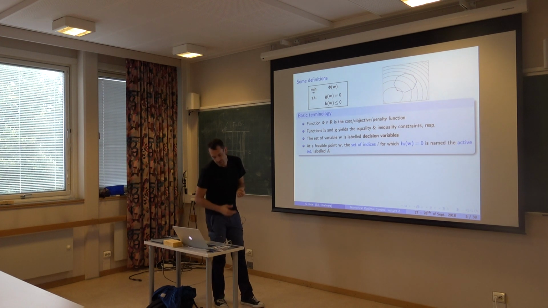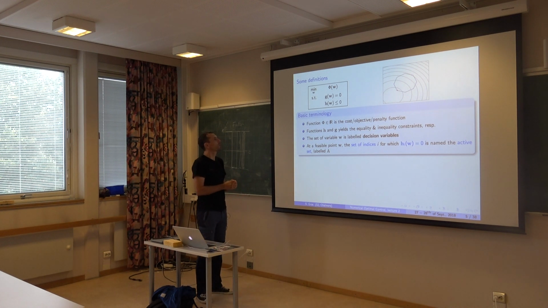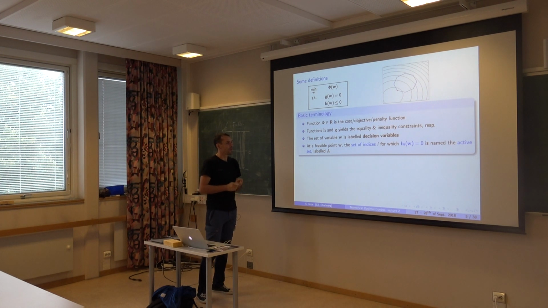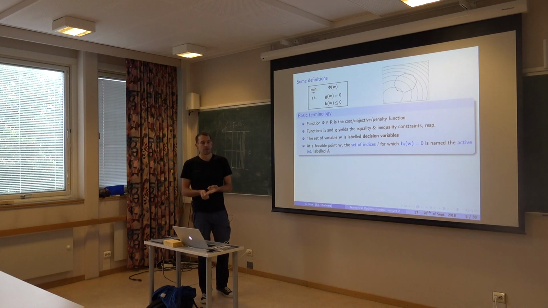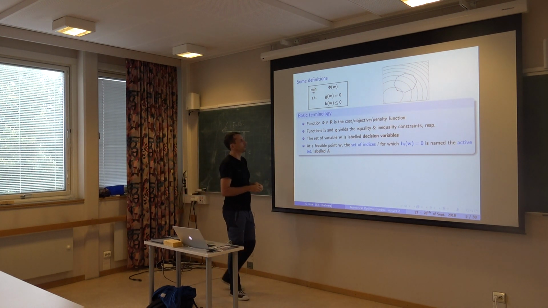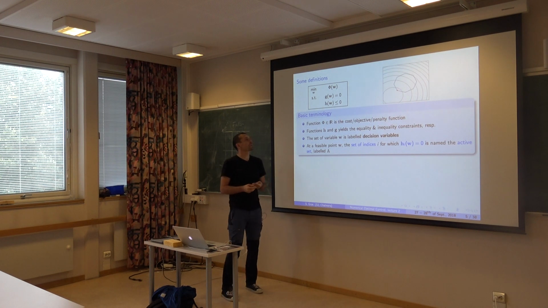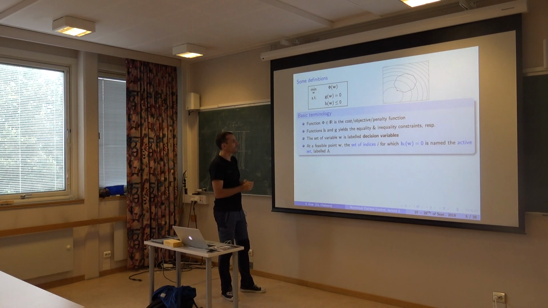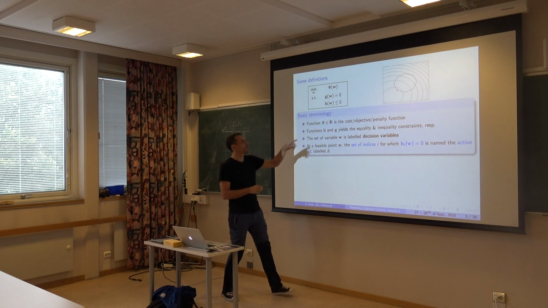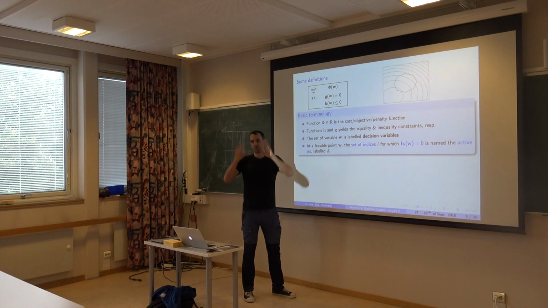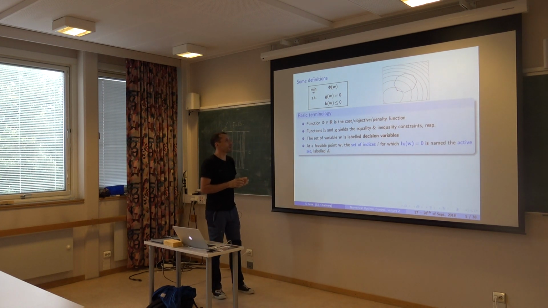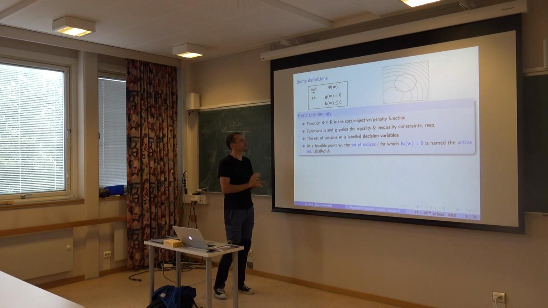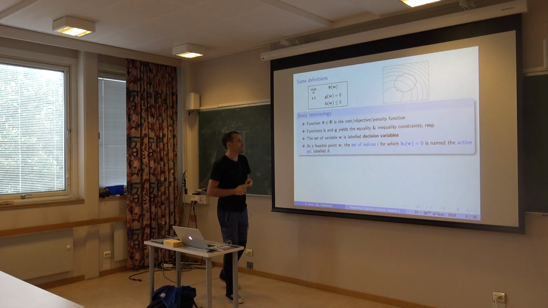We looked at this already, but that's an NLP: cost function, equality constraints, inequality constraints. I will stop assuming that anything is convex in here. That's not the point here. If it is, it does not change the message, but it may not be convex. I will most often assume that these functions are sufficiently differentiable. So I'll stay away from non-smooth or really non-differentiable functions. At least first and second order derivatives should exist.